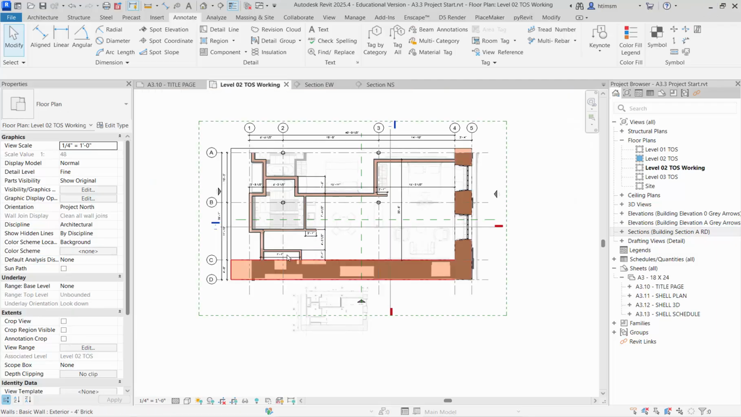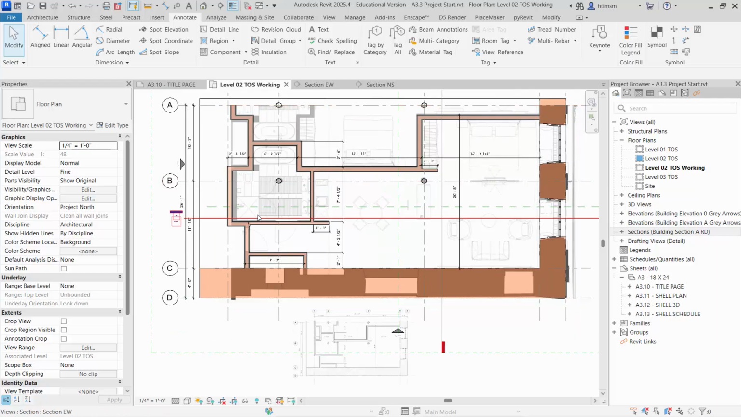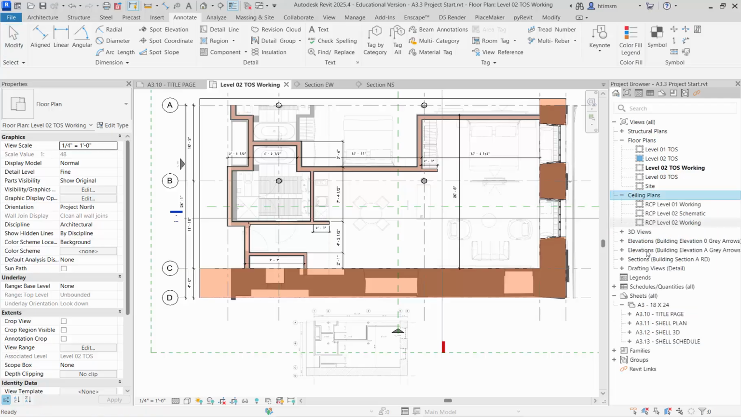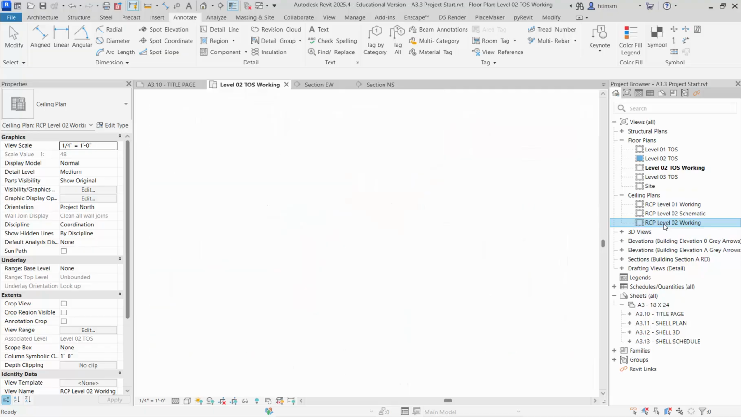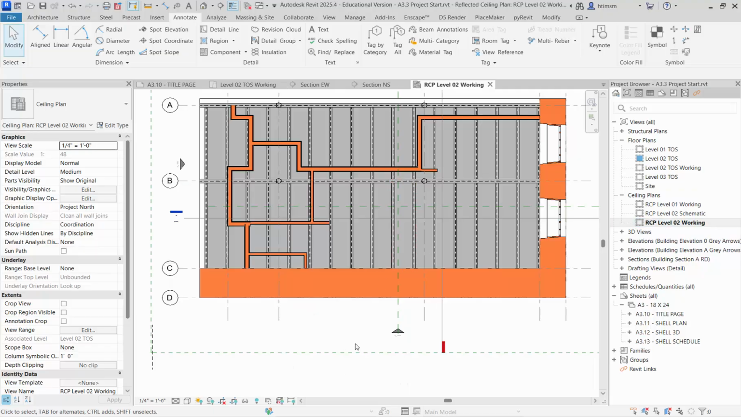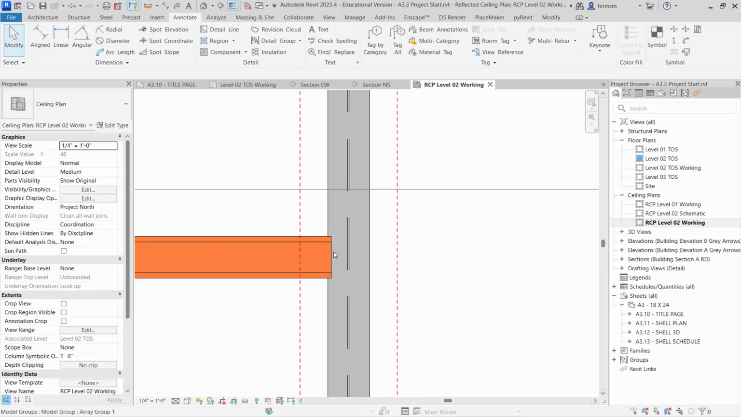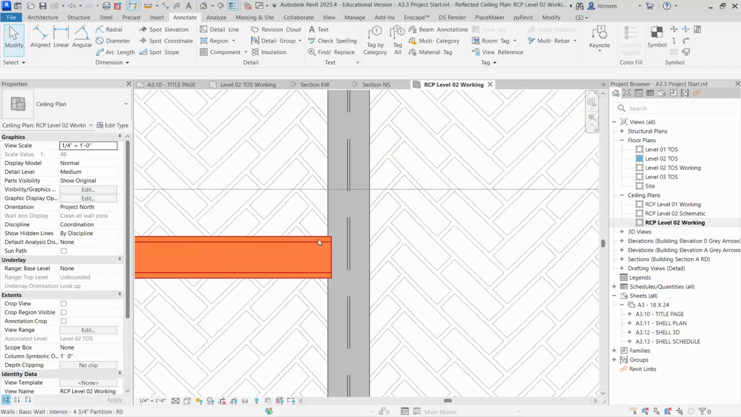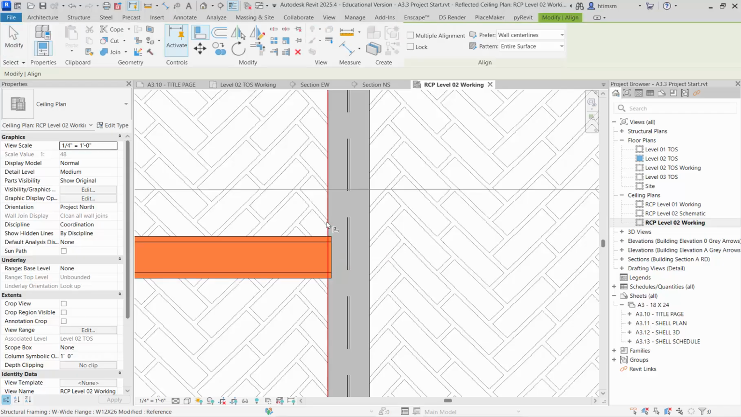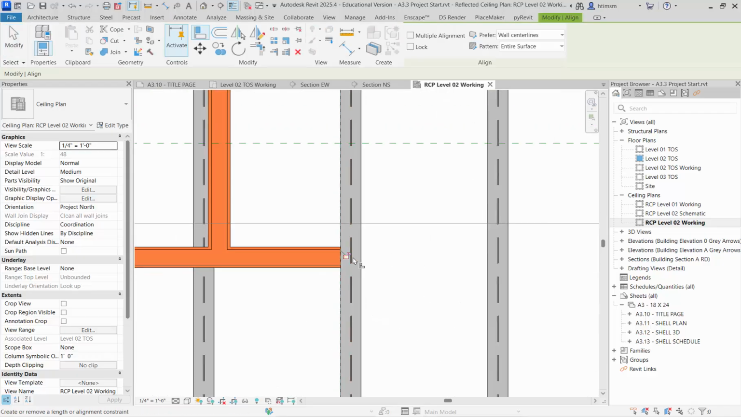So if I go to level slab, top of working, we're looking down. So we really want to look up. So I'm going to expand my ceiling plans, and I'm going to go to RCP level 2 working. Okay, so here's my level 2, and I know, oh, that's interesting, right? We can see where this partition is right next to the steel. So it would make sense to align with the face of that partition, right? And